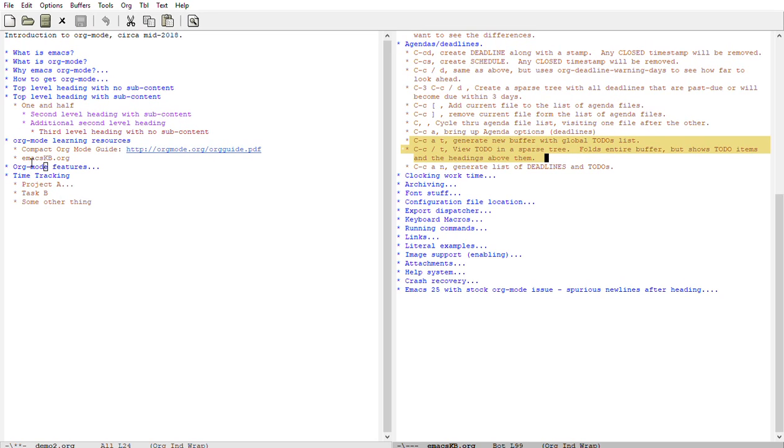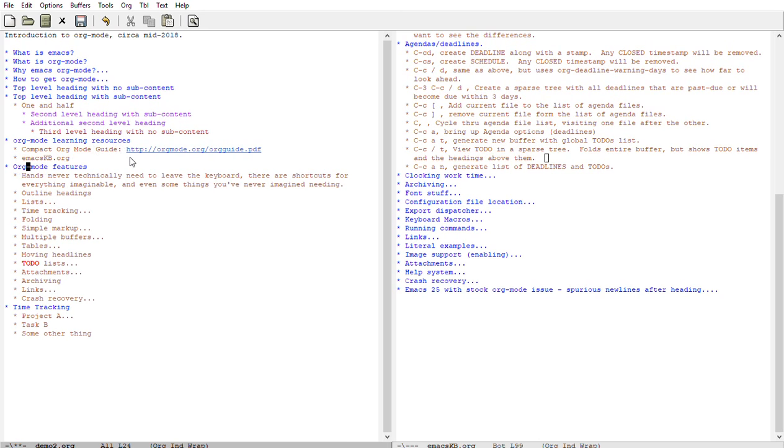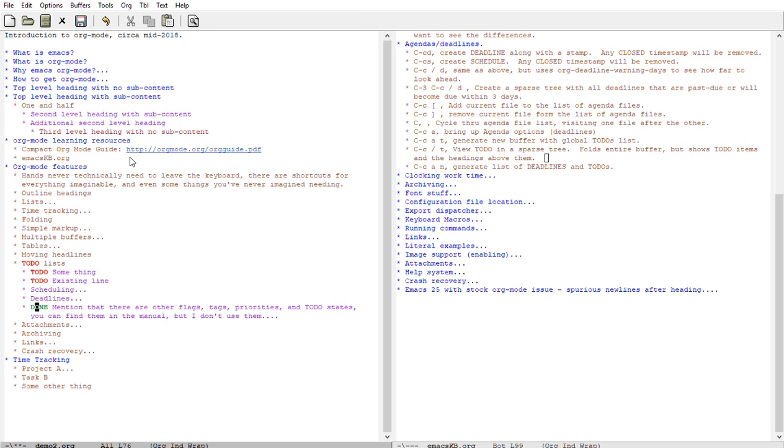Since we're talking about scheduling to-dos, and I'm going to re-expand this, and well, yeah, there's a lot of features I'm skipping over here. Let's talk about archiving now. Because I want to talk about this before attachments, I'm going to put my cursor on this line, hold Alt, and then up. Okay, so archiving, eventually your file will get a lot of data in it,